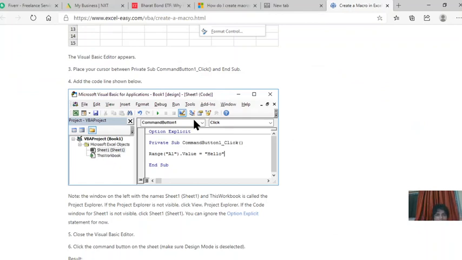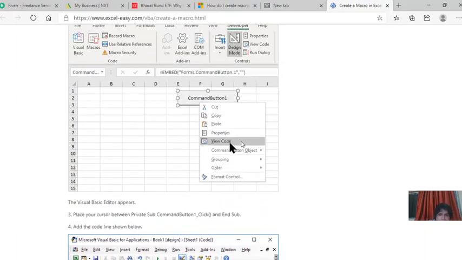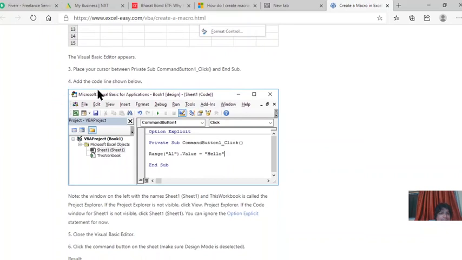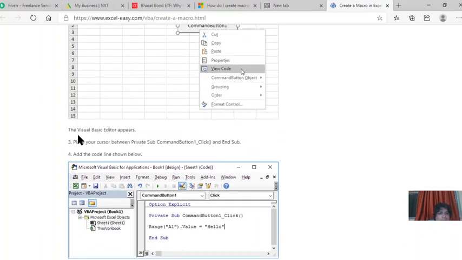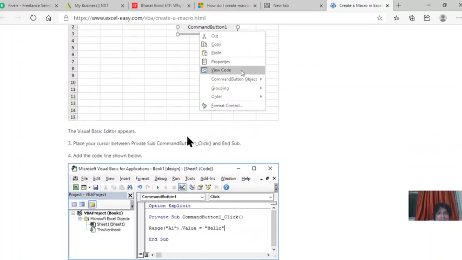At the code line below, we are using the command button and view code, and then at the code line shown below, place your cursor between private sub CommandButton1_Click and end sub. The Visual Basic editor appears.